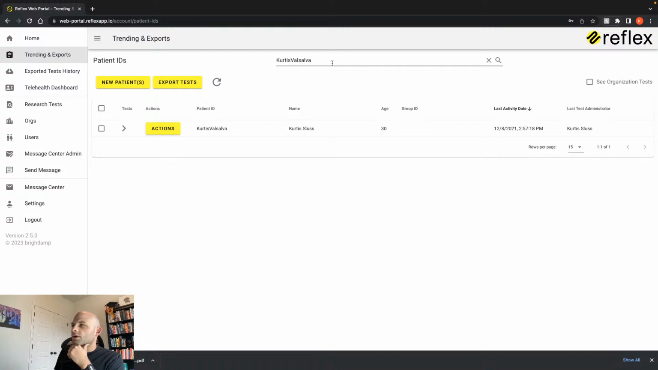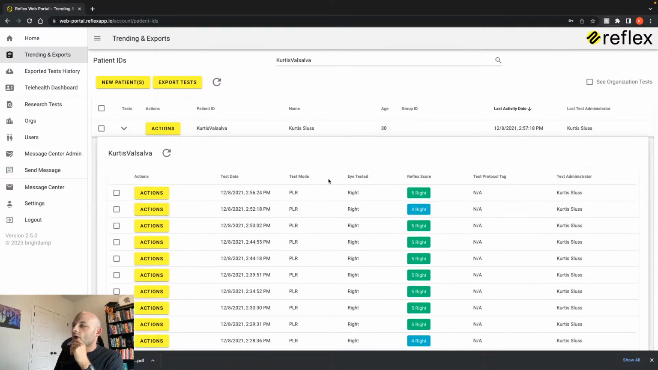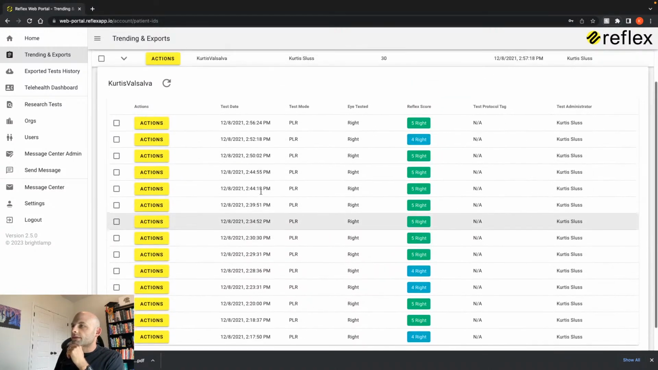Again, we're looking at this Curtis Valsalva test set, and this is a test set where I was doing Valsalva maneuvers and testing my pupillary light reflex with Reflex on the iPhone, because that's relatively easy for me to do in quick succession whenever I'm doing these maneuvers. And so when you click this chevron right here, you'll be able to see all of the tests underneath that particular